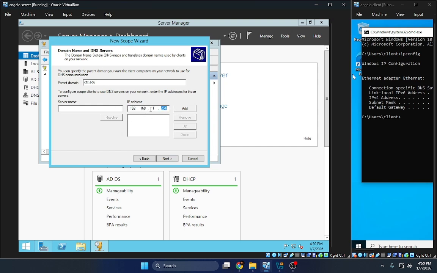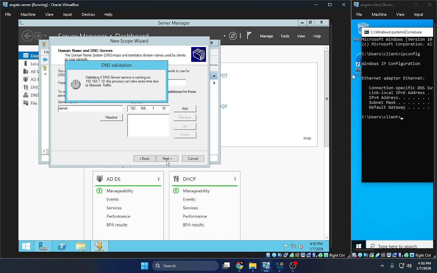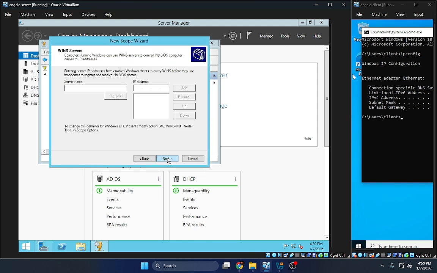I just have an add-on. You can browse your IP address here if you cannot find it. After that, let's go to the client, configuring the client to use the domain DNS.